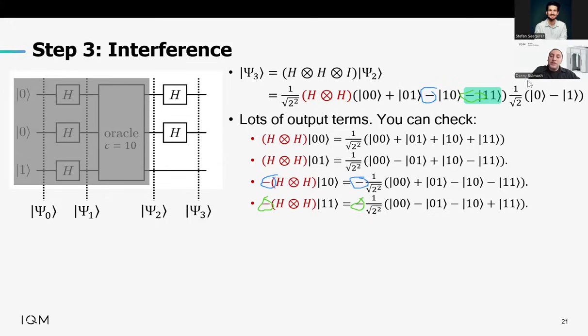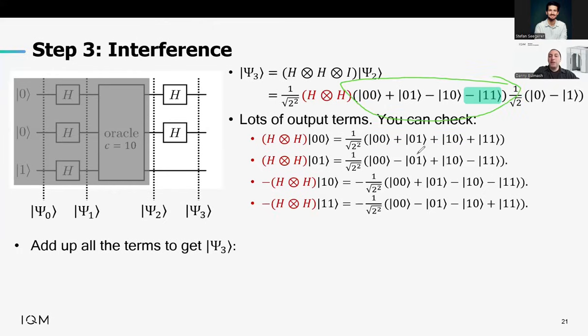Good. So we saw all these minus signs turn up. Why do I care so much about the minus signs? The reason is this. To get the total state at the end, the final output state, we have to add up all of these different terms because they're added up over here, right? We add up all of these terms and we apply these H gates to each term. So we have to add them all up. And if you look super carefully,